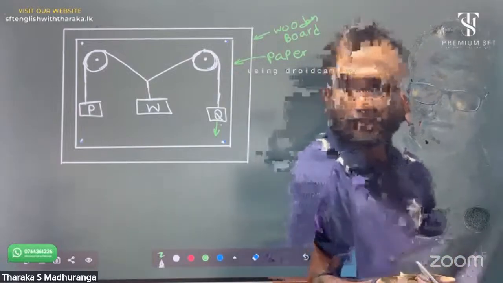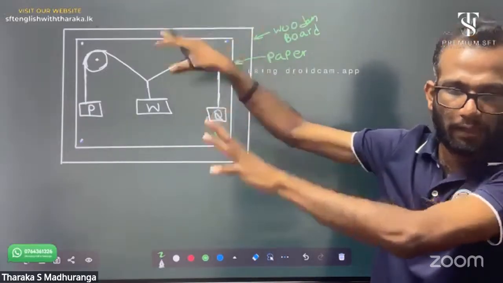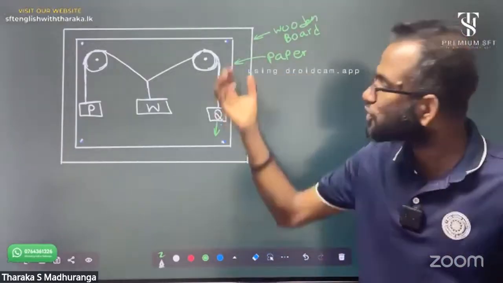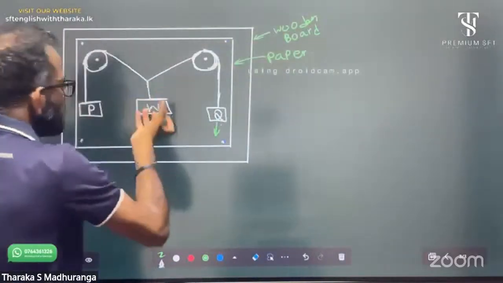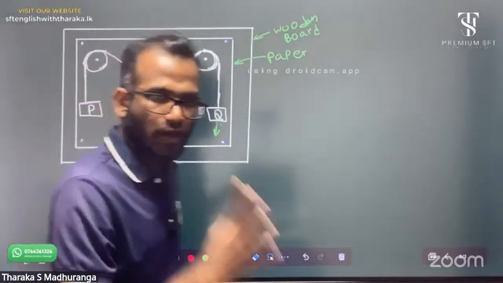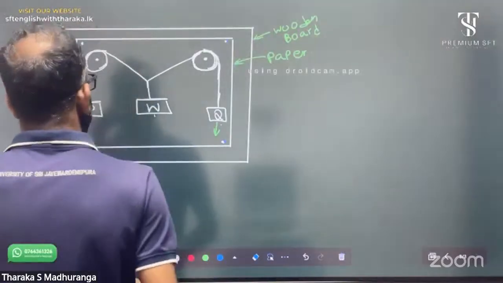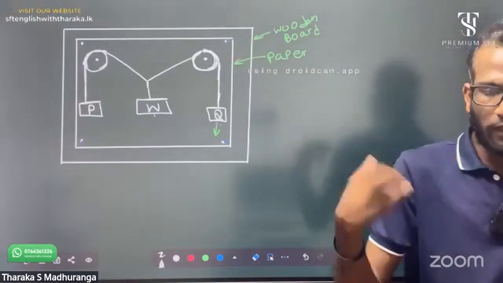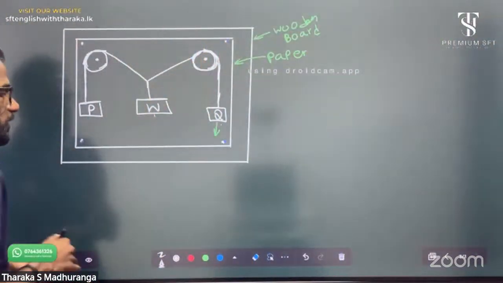Clear? Okay. First step is to set the pulleys, paper and masses and check. Second step, check the friction. How to check the friction of the pulleys? Change the position of one mass and release again. If it returns to the original position, that's perfect. Think now there is no considerable friction and it returns to the original position. Okay, now the setup is done.